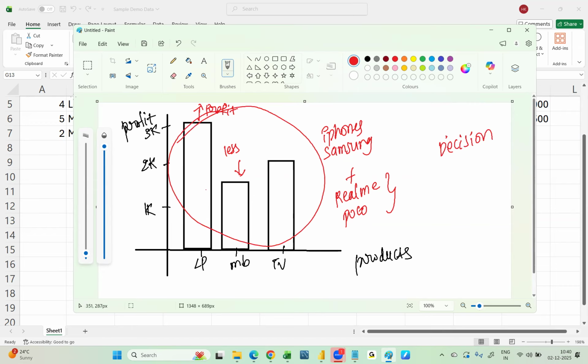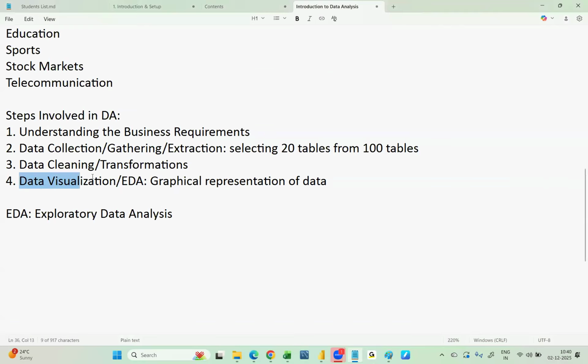This kind of analysis is important. That analysis I'm performing through what? Visuals. That is what I'm talking about here, called data visualization. So if you look at the term once again, data visualization means what? Representing your data in the form of charts and graphs, or in a simple way, graphical representation of data. This graphical representation of data is very important to represent the information and understand it much